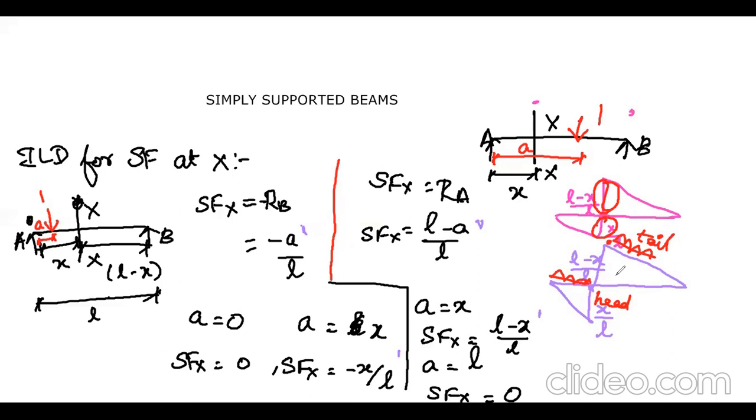That is the reason you place the load over the section you are considering, that is X here. If it is a point load, there is no problem, you place it exactly under the point X. But if it is a UDL, you may be confused about which position to place. So for a UDL, you should place the tail portion of the UDL for maximum positive shear force. For maximum negative shear force, you should place the head of the UDL at the section. This is the influence line diagram for shear force at the section we are considering.